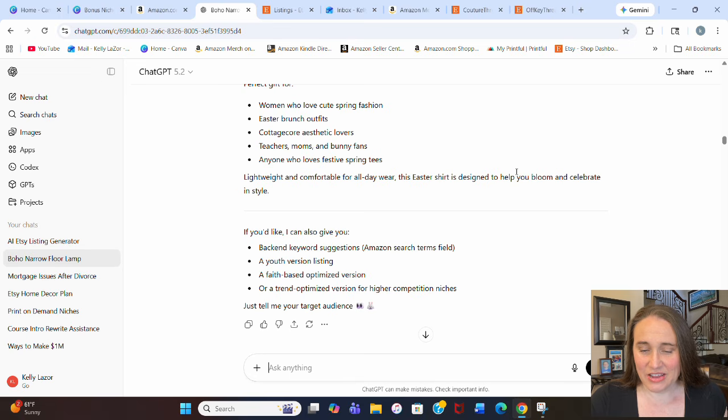And it even says, if you like, I can also give you backend keyword suggestions, Amazon search term field, a youth version listing, faith-based optimized version, trend optimized version for higher competition niches. Just tell me your target audience. I mean, so wow. You know, I don't want to say it's putting us out of a job, but it